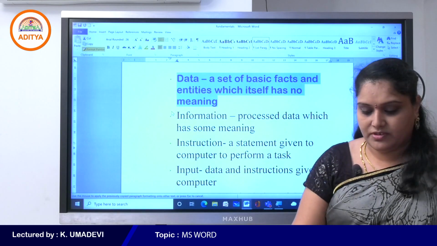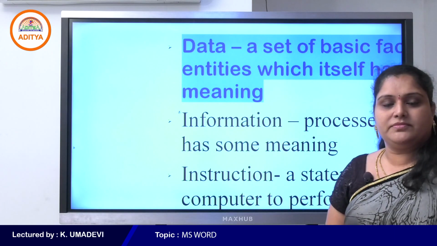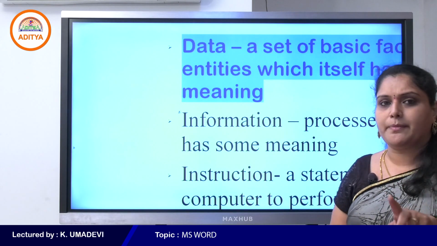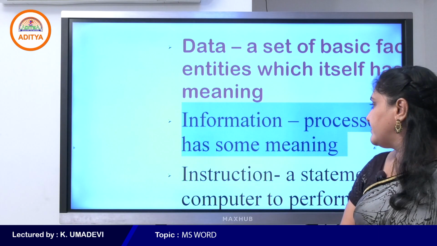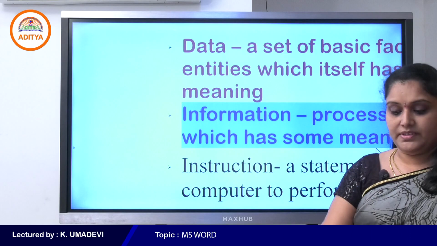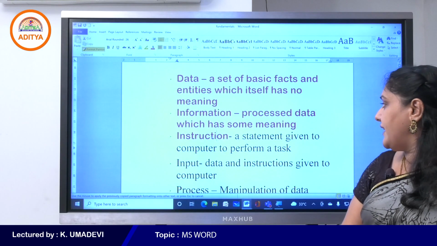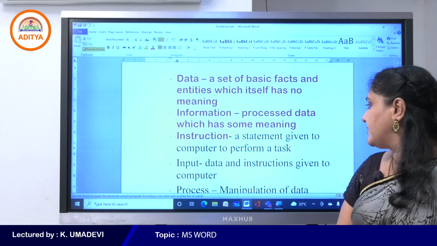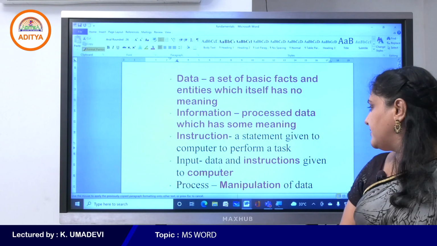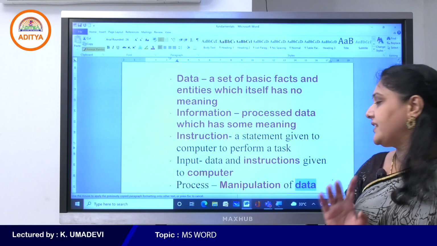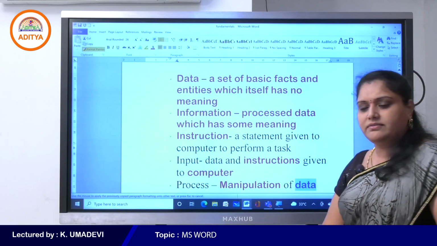Okay students, now I'll zoom the screen. When we click on the Format Painter, it appears like a brush symbol, and click and drag over the text. Clear students? Not only for the entire line, we can easily apply it to particular words. See, instructions, manipulation, computer, data, like this. Okay, clear?